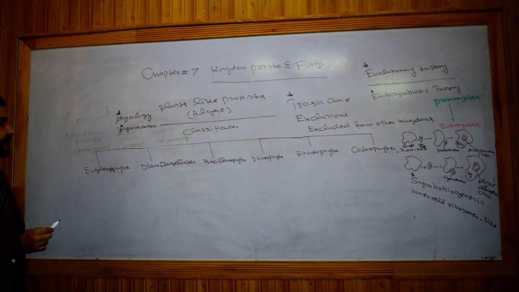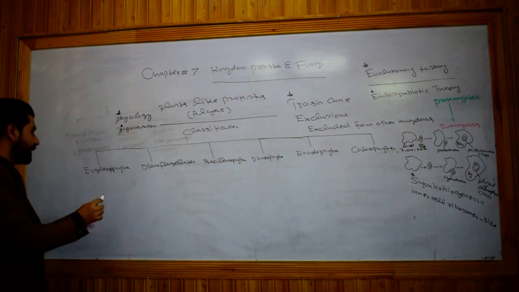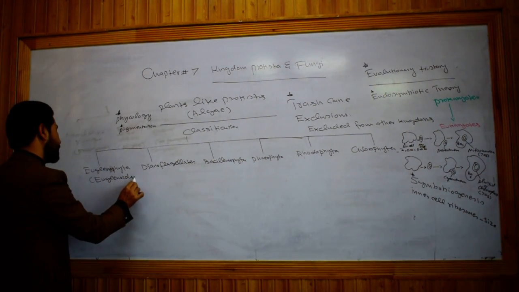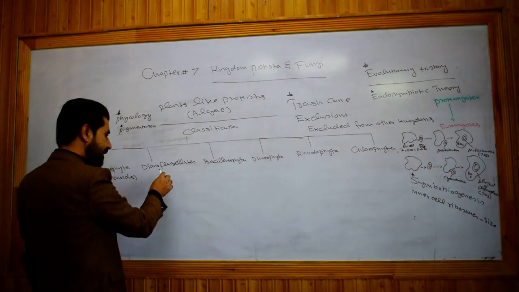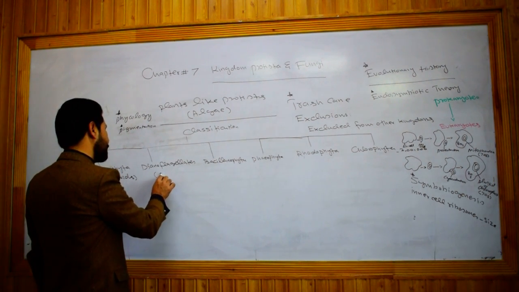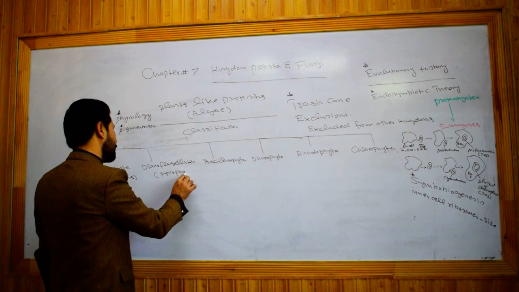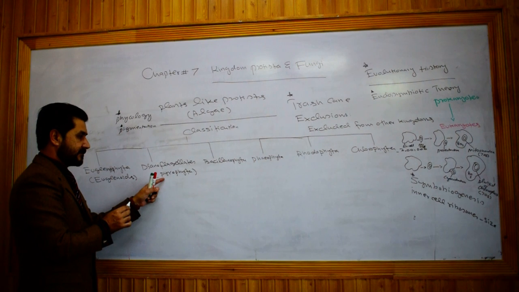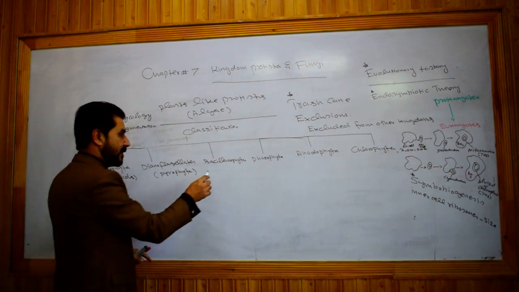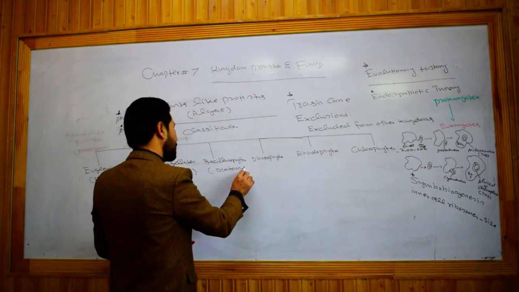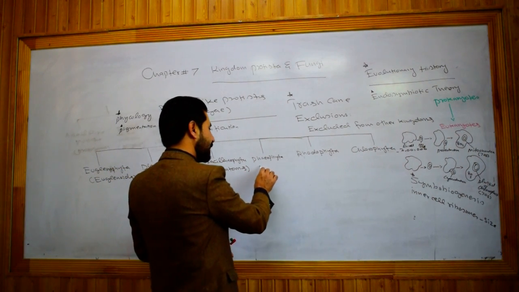So these are the six groups of algae. That is Euglenophyta, which include euglenids, euglena-like organisms. Dinoflagellates are also called Pyrophyta. Pyrophyta, they are dinoflagellates. This is the division, you can say, the name of the division. Bacillariophyta are commonly known as diatoms. Phaeophyta, they include